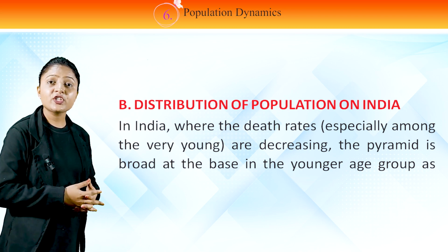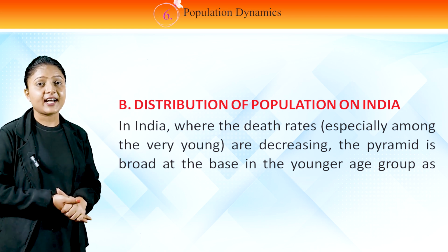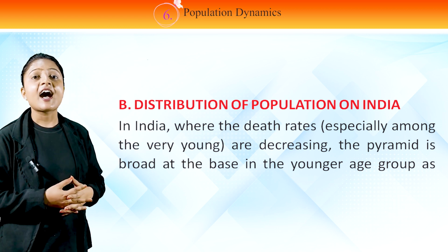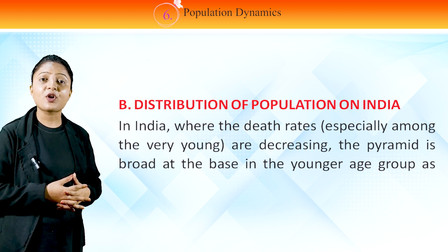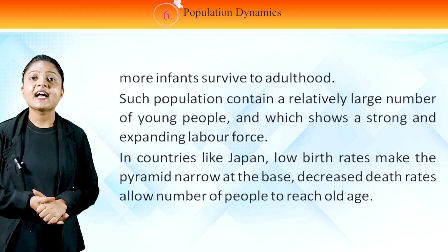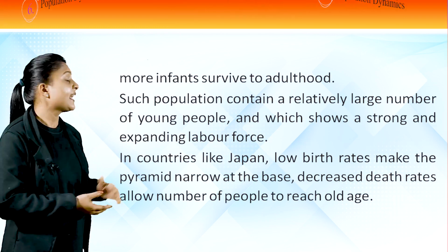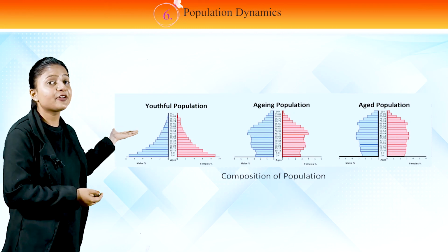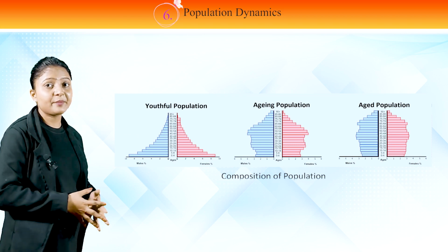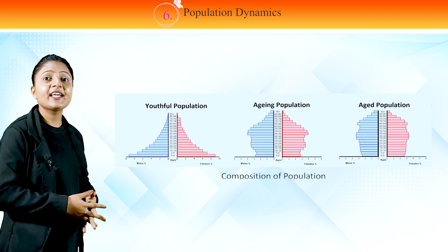B. Distribution of population in India. In India, where the death rates, especially among the very young, are decreasing, the pyramid is broad at the base in the younger age group as more infants survive to adulthood. In this image, you can see three different types of pyramid of population: youthful population pyramid, aging population pyramid, and